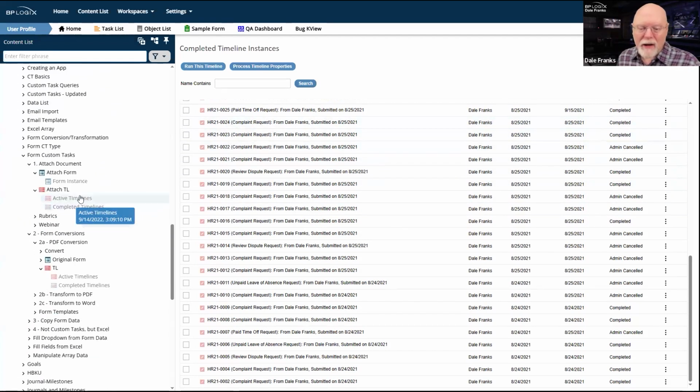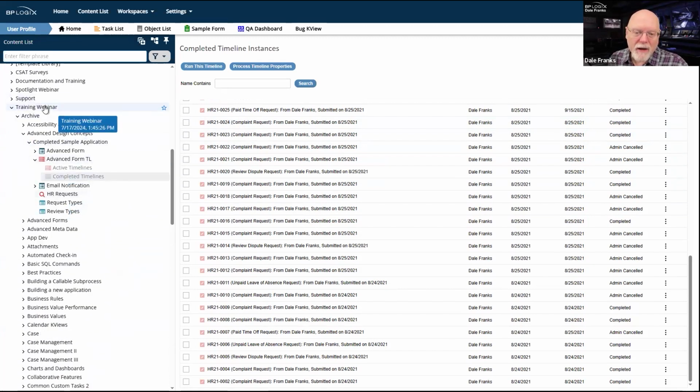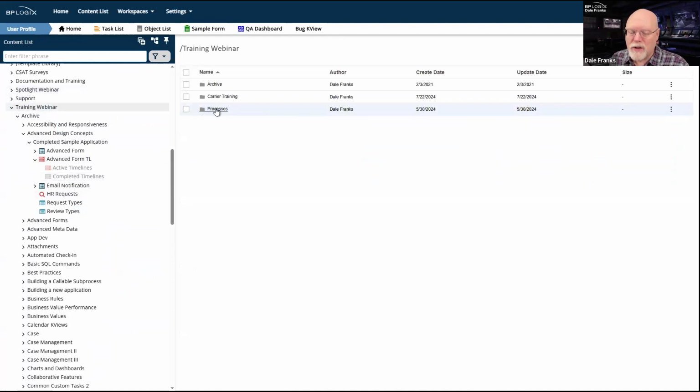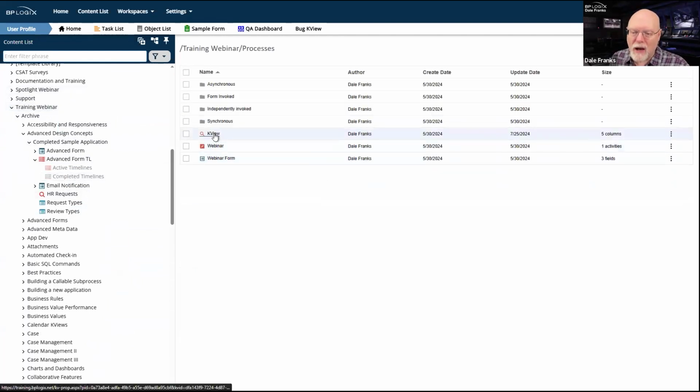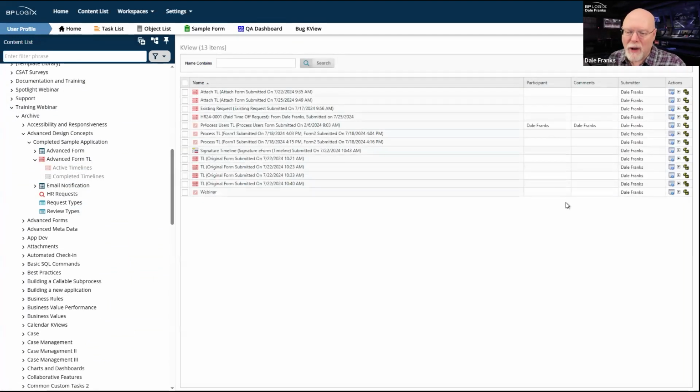What I've done here is largely an artifact of what happens whenever you're just doing training and trying to do stuff quickly on the fly. We just don't play around with our timeline instance names. Hence, I get TL, original form submitted on O. The only thing that's unique about this is the time, because I haven't taken the effort.